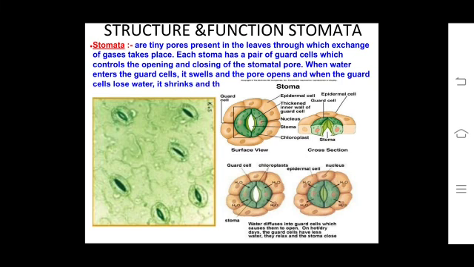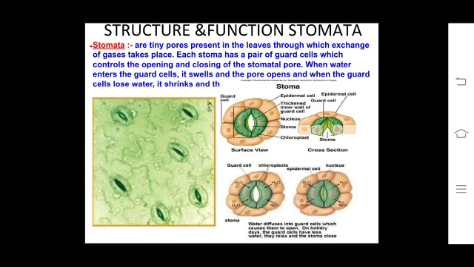The structure of chloroplast also you can refer to: it is a membrane-bound organelle. In the membrane-bound cavity, we have the stroma and the grana thylakoids. Thylakoids are the sites of light reactions, where they trap the sunlight, the light energy, and change it into chemical energy. And the stroma is the site for the biochemical reactions, the dark reactions.